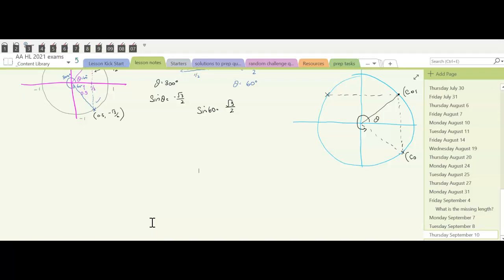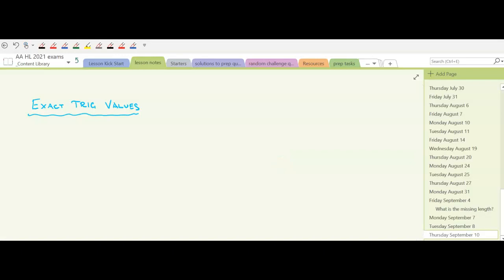So I'm going to go over these exact trig values now, because they are so important to our work in trigonometry in this unit and in other units. So I really want you to know where these are coming from. They're called exact trig values because we're going without a calculator. I'll show, and they refer to just three angles to start with here, and they emerge from two